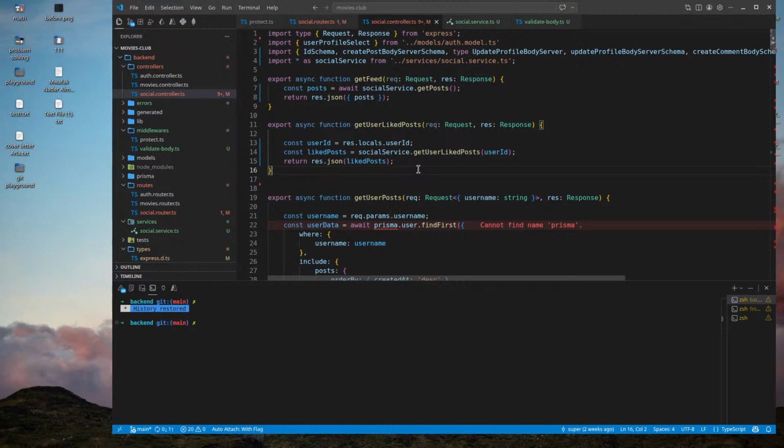But I chose to send the posts without an embedded user when the client is visiting a social profile, which was a bad decision. Right now I have two types, and this caused the problem, this caused the headache.